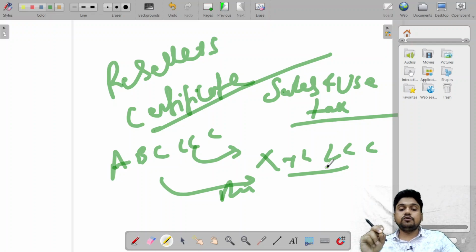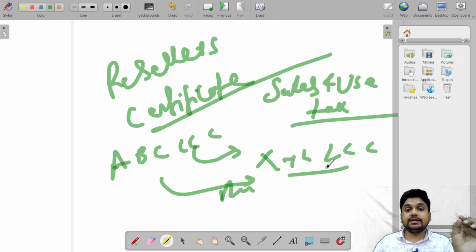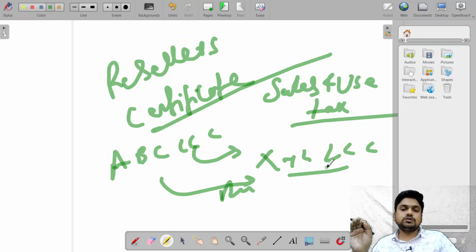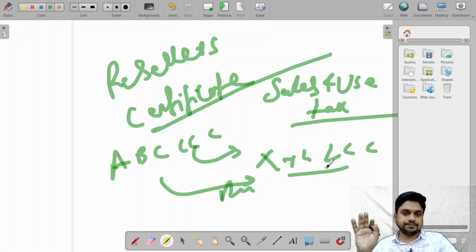What you have to do is collect that reseller certificate from the entity to whom you are selling your goods or product. But if you fail to get that reseller certificate, then you have to follow sales and use tax. Otherwise you will get notices, or there will be compliance issues with your organization.